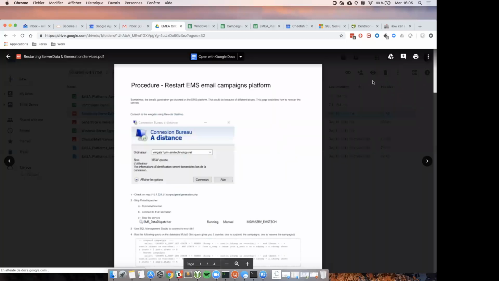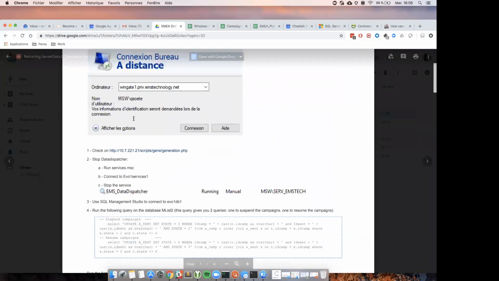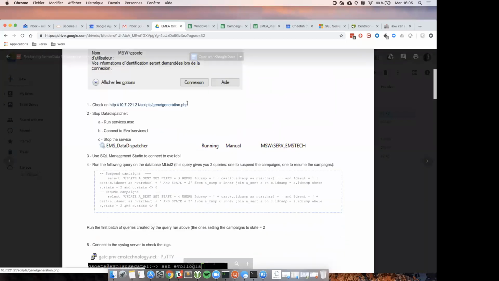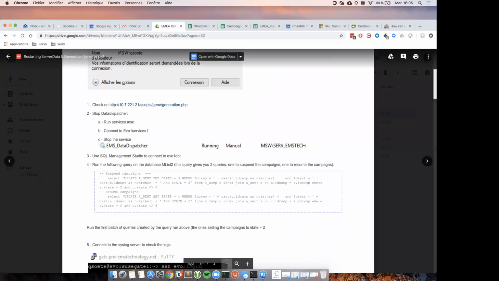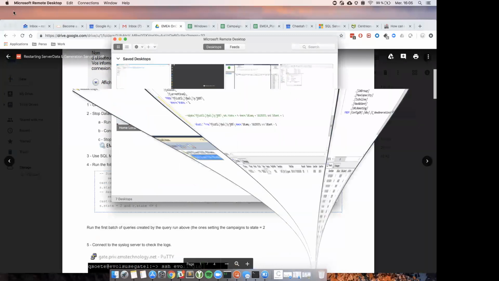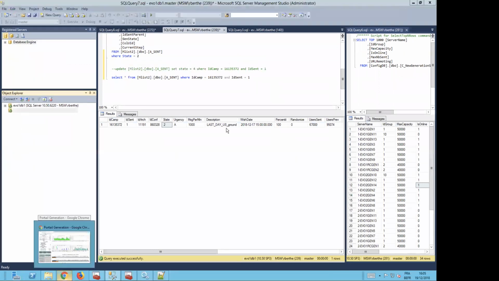So the first step is to connect to the Jumpbox, of course. The second step is to reach this web page on the Jumpbox. As you can see, it's already opened on my Jumpbox. If the VPN wants to help me,